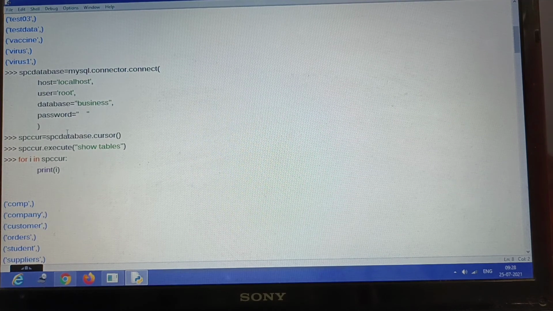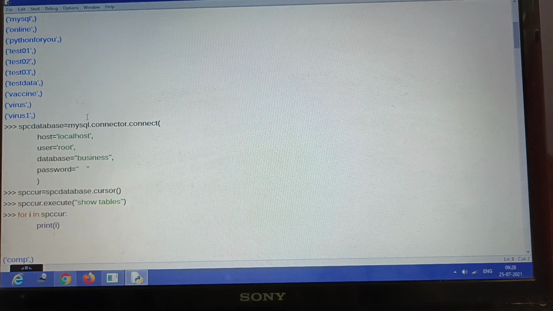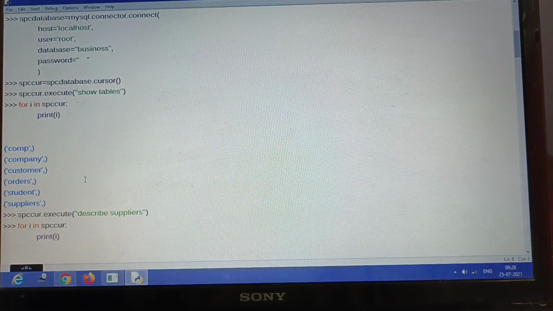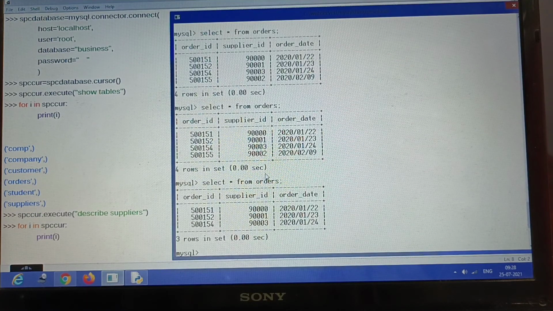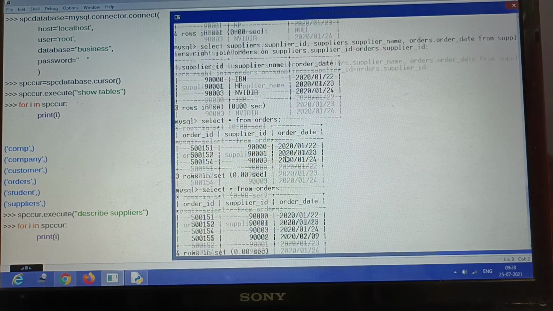Two connections were created: one where we only gave the password and did not mention the database name, because initially the database was not required, and we gave the command show databases. Once we created the databases, we gave the extra parameter database equals to business, and we gave all the various types of commands that we have done in MySQL, and I have shown you each and every command in Python also.